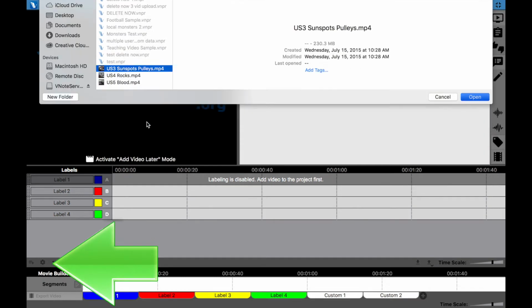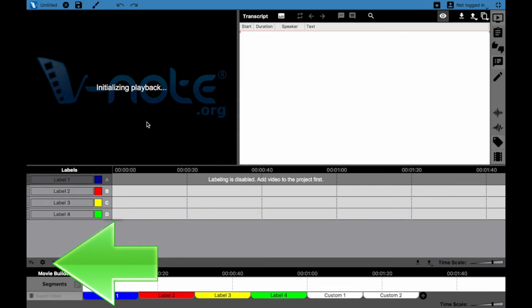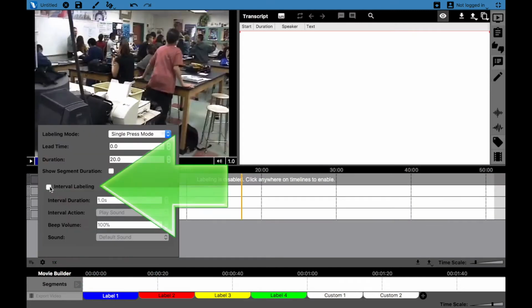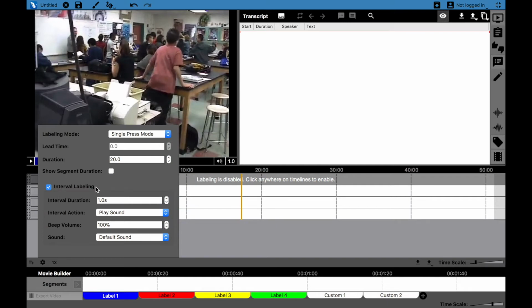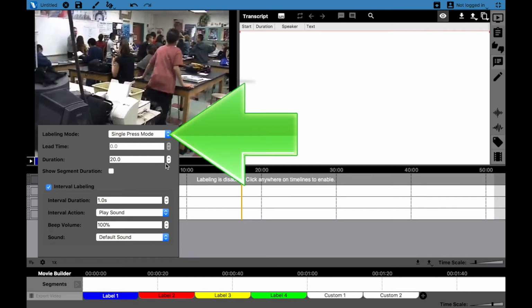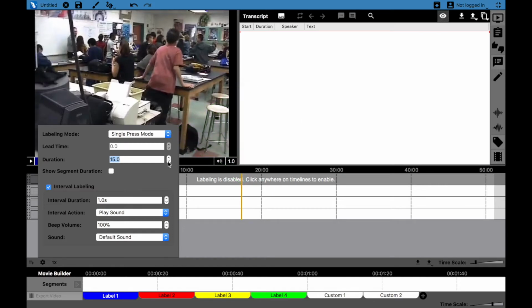left of the timelines, there's a little gear. Click on the little gear to reveal the options. Select interval labeling with the checkbox. Then at the top of the gray box, you can choose single or double press mode and select a time